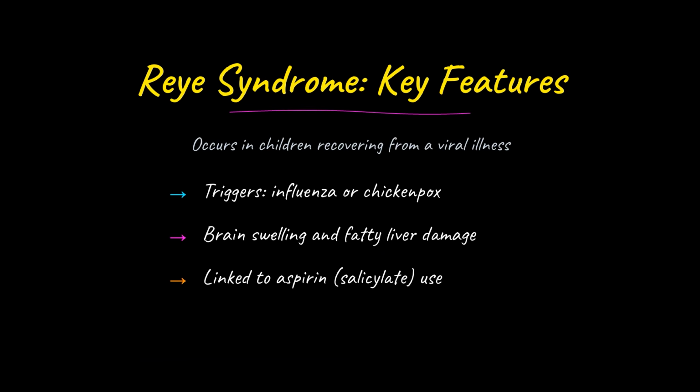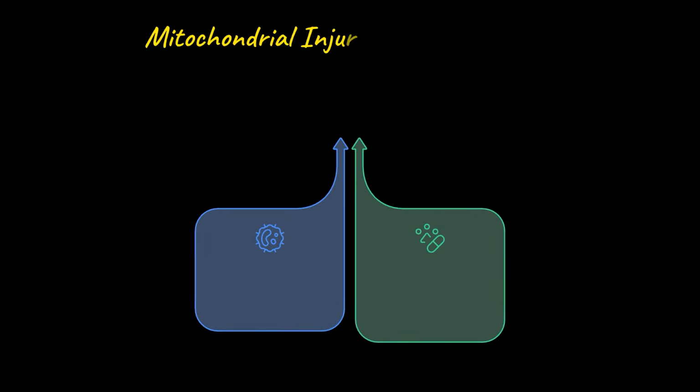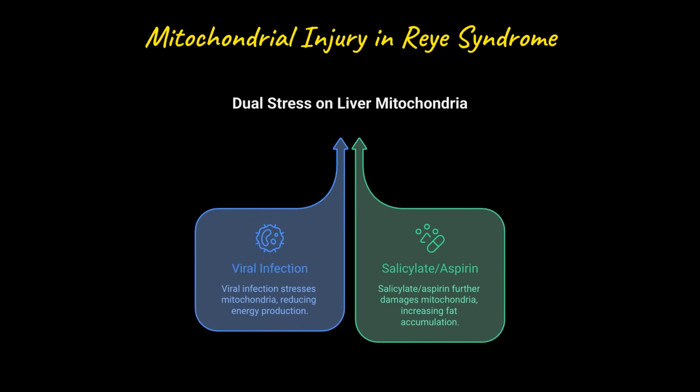The association between aspirin and Reyes syndrome was so strong that simply removing aspirin from pediatric care made the disease nearly disappear. At the cellular level, mitochondria, the energy factories inside cells, are thought to be the target. A viral infection already stresses these structures, and salicylate adds a second insult that young, developing cells cannot handle. The liver, packed with mitochondria, fills with fat and fails, while the brain swells from the